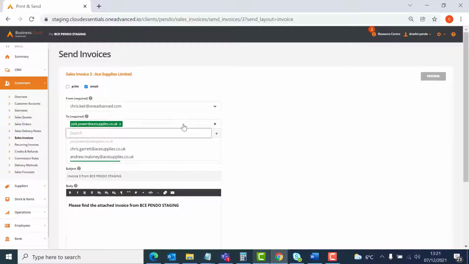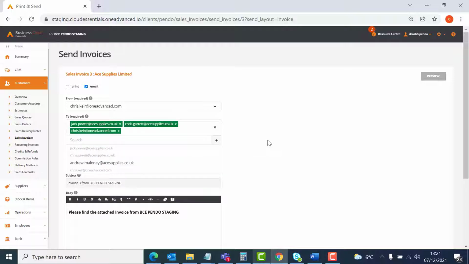You can replace or add additional email addresses from a drop-down list of all the contacts associated with that customer account. And additional email addresses can be manually entered as well. The CC and BCC email addresses are populated using the default CC/BCC email addresses that are set up in the